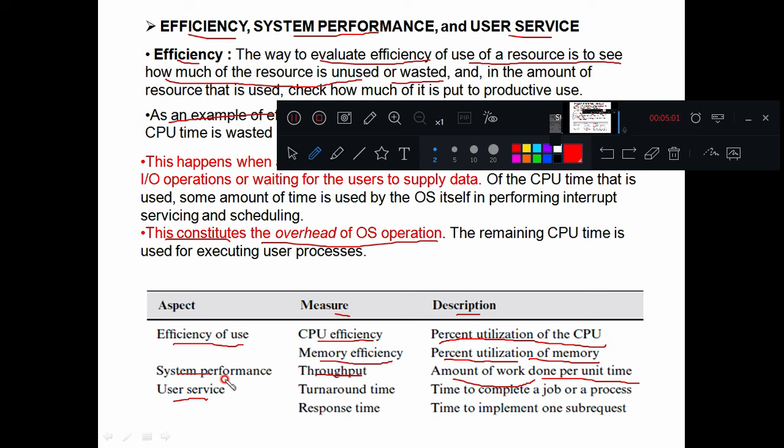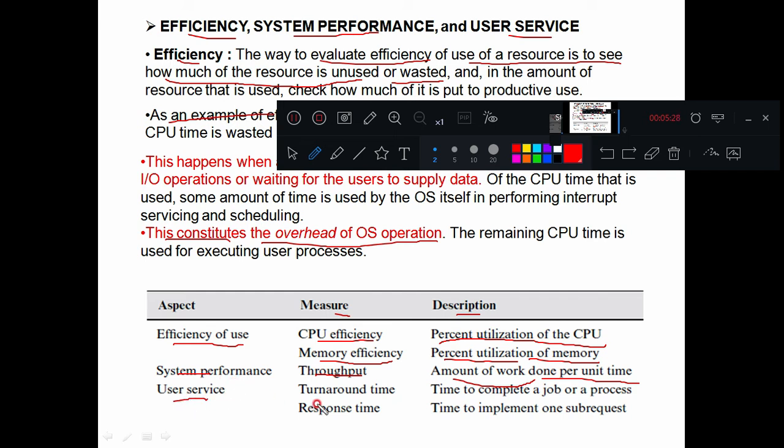So throughput is said to be more whenever whatever the user needs is fulfilled in a lesser amount of time. Then in that case I can say the throughput is more. If it is not so, if it is taking more time to fetch the data or to execute certain instructions, then I can say the throughput of that particular system is very less.